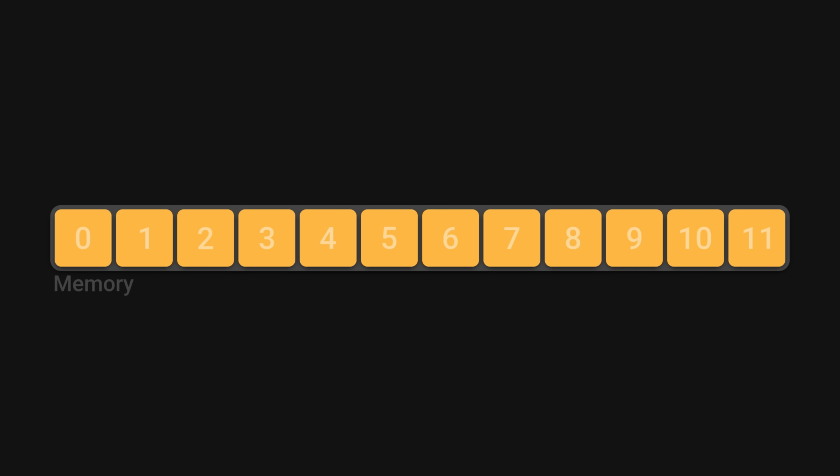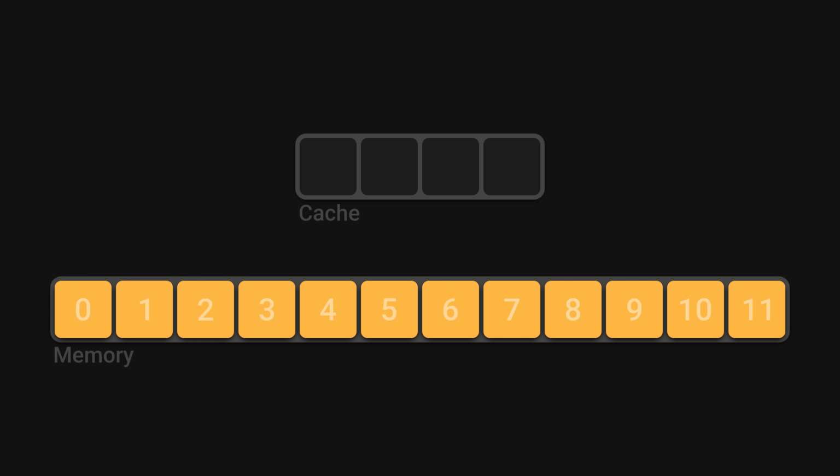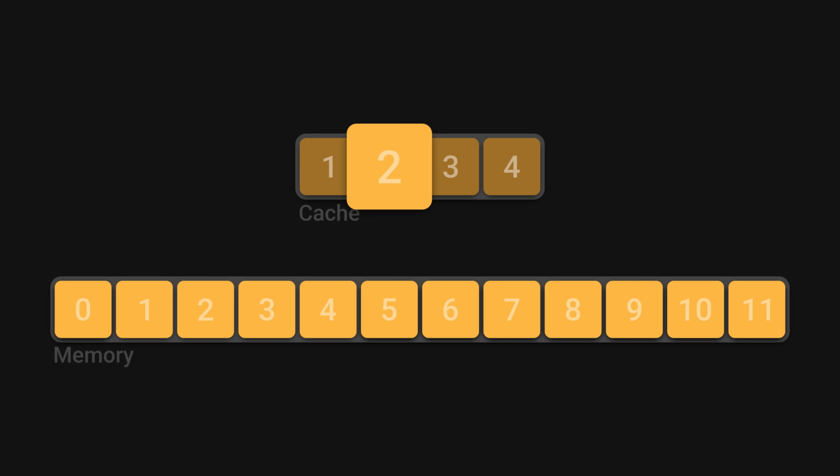The answer lies in memory and how the processor utilizes it. When we read data from memory, the processor also loads adjacent elements into an internal cache. This cache is small but extremely fast, allowing for much quicker processing. If the next piece of data we need is already within the cache, accessing it is virtually instantaneous. Conversely, if it is not found, the cache is invalidated and must be reloaded. This is known as a cache miss and incurs a significant time penalty. The key takeaway is that the processor operates much more efficiently on data stored close together, as it benefits from